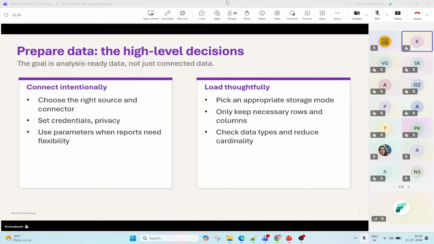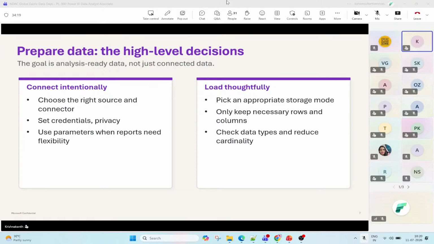For example, in my previous firm, they had given access to the Snowflake data source as a view access. They asked us to make sure we filter the data categories at the column level inside the Power Query itself. So that's where you have to ensure that you keep only the necessary records, and the columns which are not required for the reporting, you can remove from the Power Query itself. And you have to also ensure that the data types are accurately given for each column from all the tables you have connected.